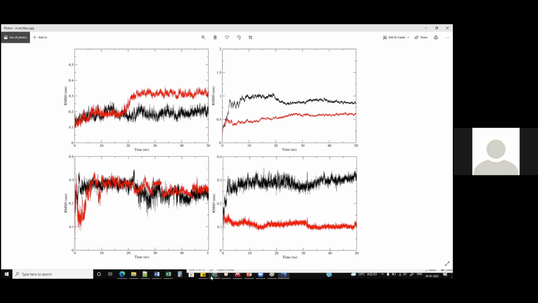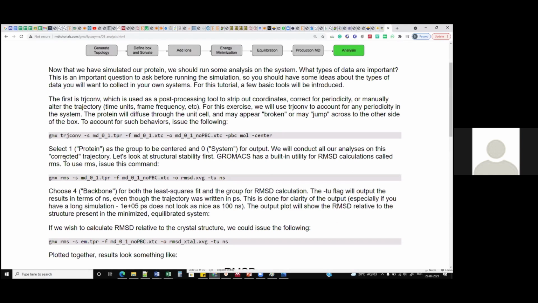So, the first command is for RMSD, the root mean square deviation. This command is often employed to check the stability of the entire system or entire molecule, let's say in this case. You can read more about RMSD and just Google it. It's difficult to cover all of this in detail in such a short time.